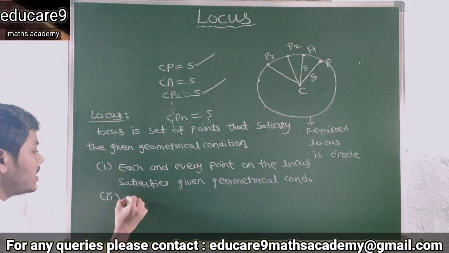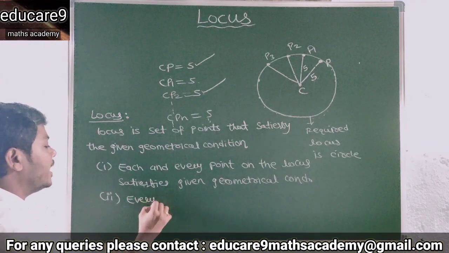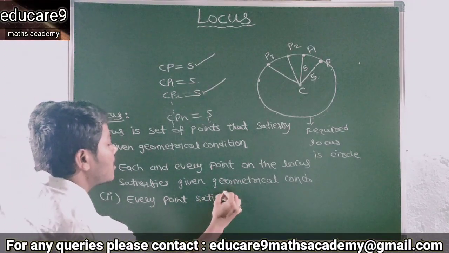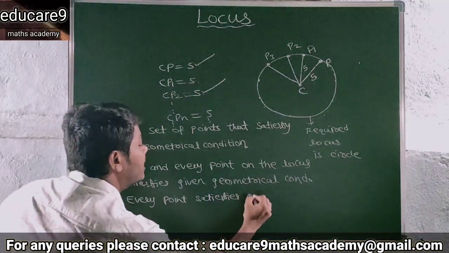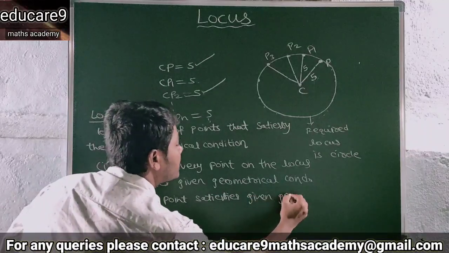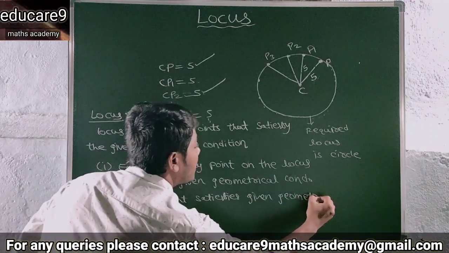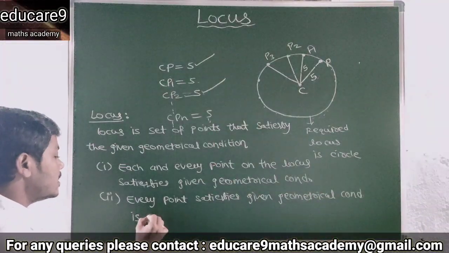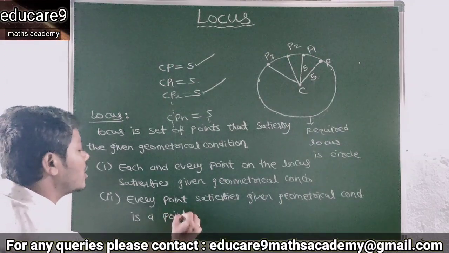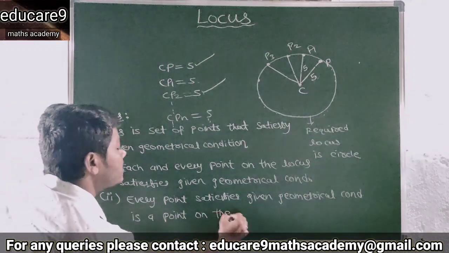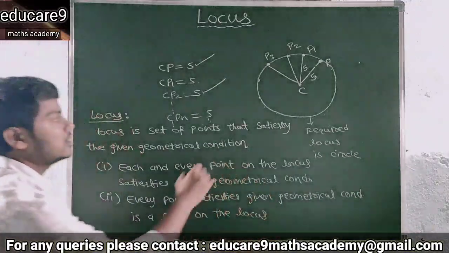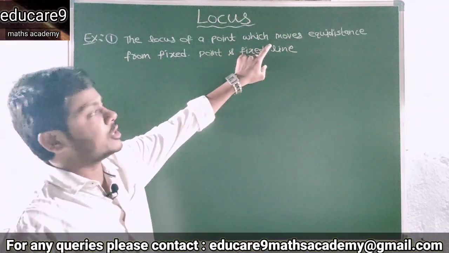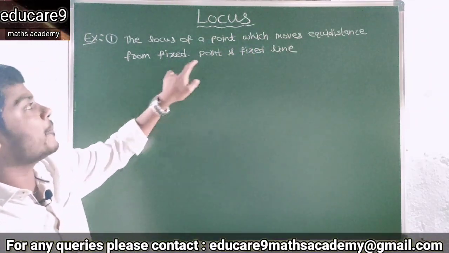So here that is, every point that satisfies the given geometrical condition is a point on the locus. So see here an example: the locus of a point which moves equidistant from a fixed point